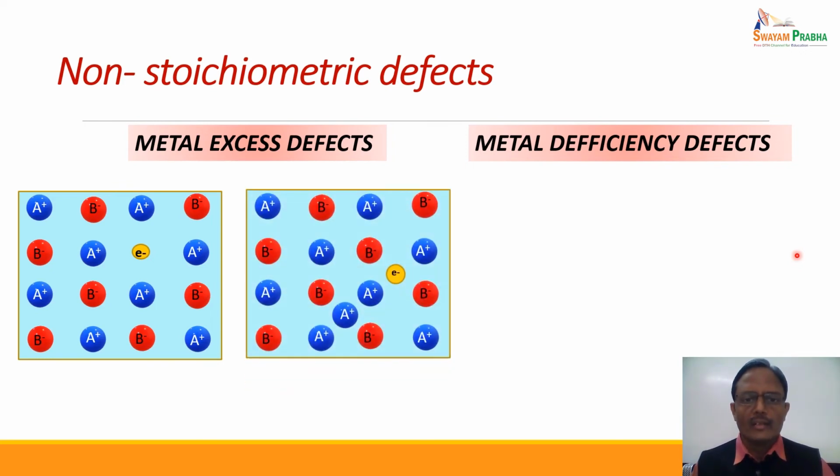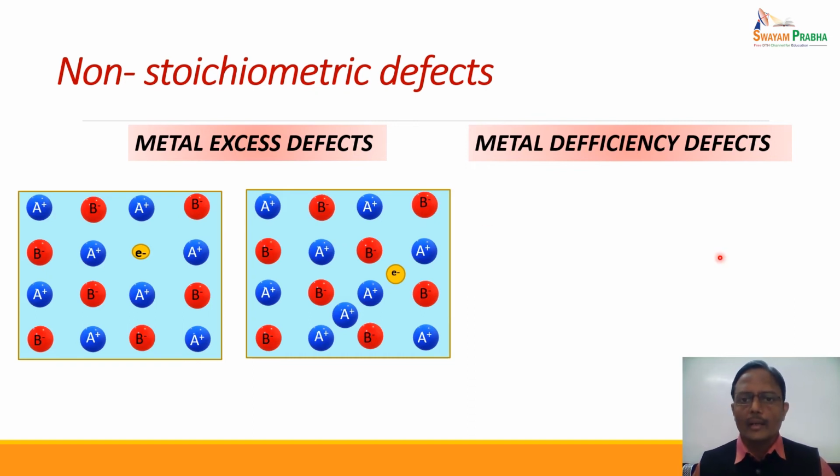One more possibility is that an extra metal atom is occupying an interstitial position and at the same time an electron is also occupying an interstitial position to maintain the electrical neutrality. So electrical neutrality is maintained but the stoichiometry is disturbed. If we count the number of metal atoms to the number of non-metal atoms, which should be 1:1, the proportion or the stoichiometry is changed in both cases. Both of them contain an excess number of metal atoms as compared to the non-metal anionic parts.